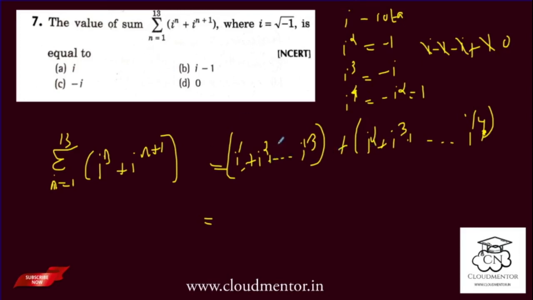So up to the 4 consecutive, right? The multiple of 4 below 13, or near 13, is 12. So 12 is 4 multiplied by 3, so it is a multiple of 4, so that is okay. The terms up to the 12th term will be 0, and we have left i raised to 13, and plus here also, up to i raised to 12 it will be 0, and now we have left i raised to